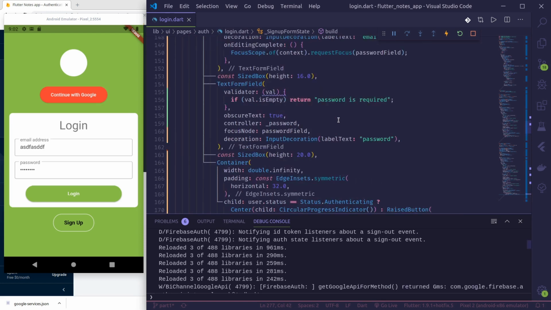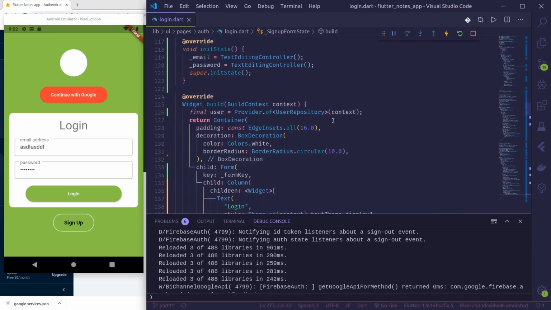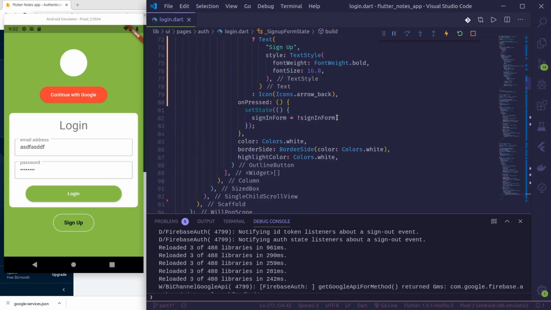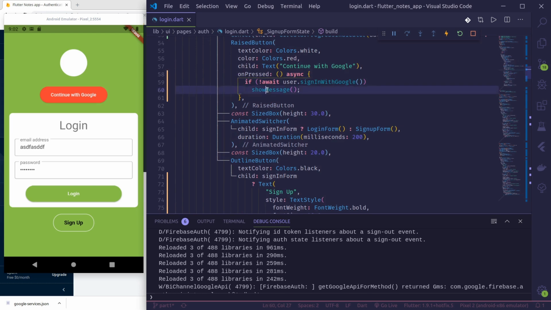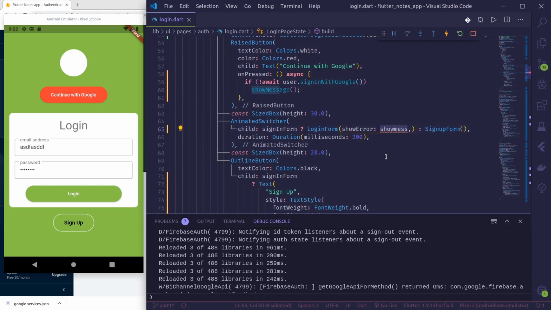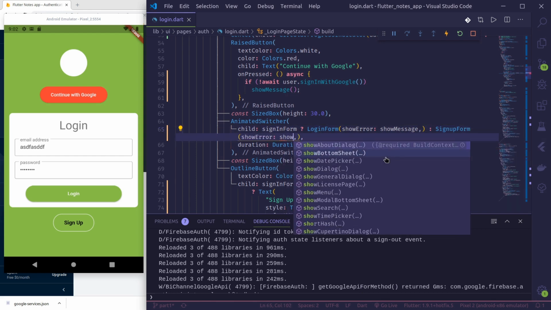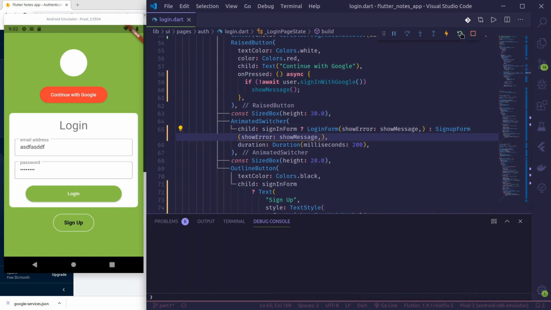And finally, from our login wizard where we call the login form, we pass in show error, show message. Same for the sign up form, show message. And let's do a hot restart